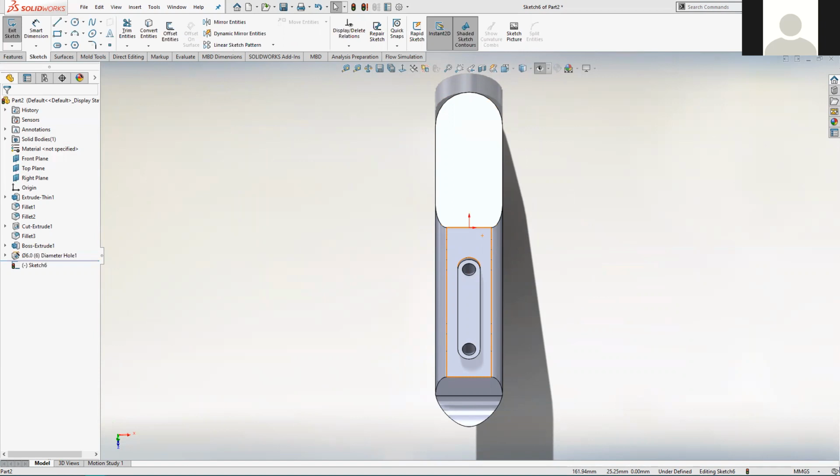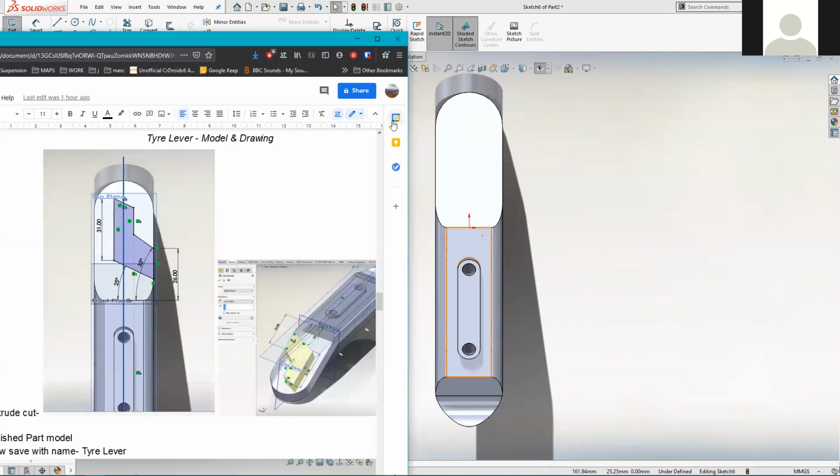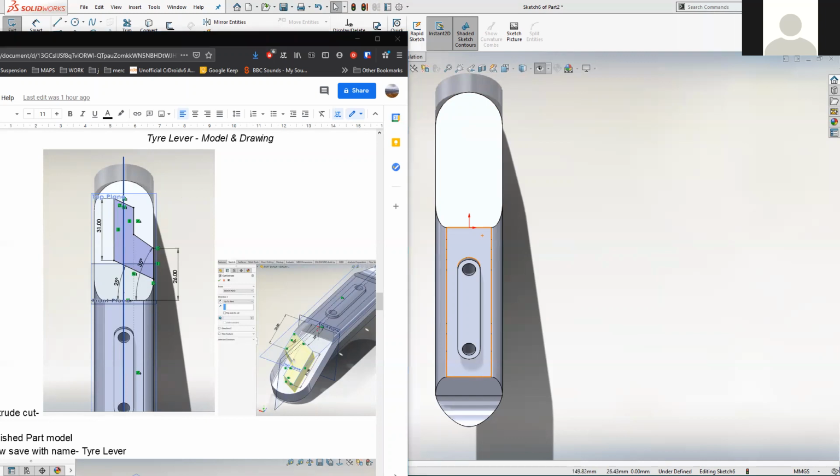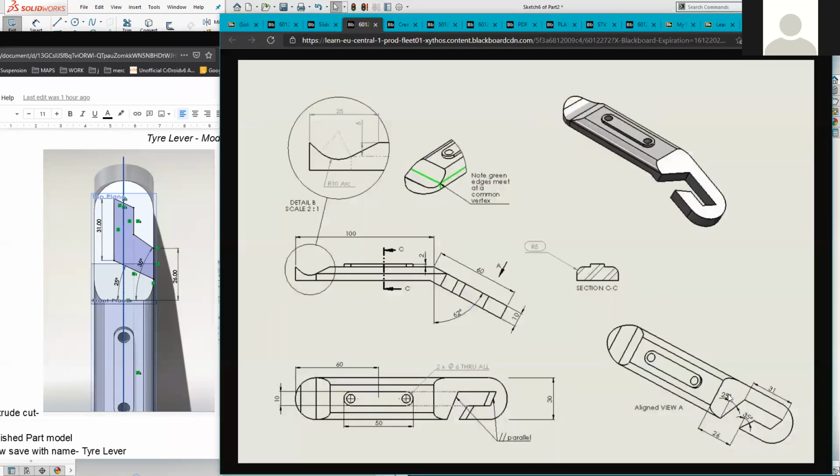So there it is. So that screenshot is in the same orientation as what we are seeing on our screen. So I may use that as a reference rather than the drawing, which is spun through 90 degrees. Well, a little bit more than 90 degrees,